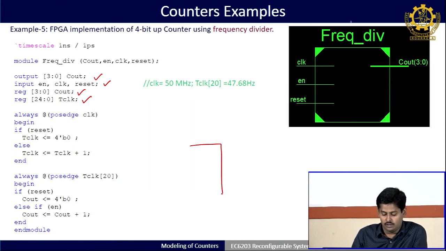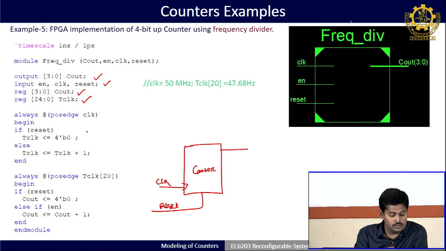That means what I want is there is a counter here, whose input is clock. It also has a reset, so that it can reset the output to 0. Then, I am taking one always block where the input is clock with positive asynchronous reset. The output is TCLK, which is the register we have declared as a temporary variable, which I am taking as a 25 bit vector.